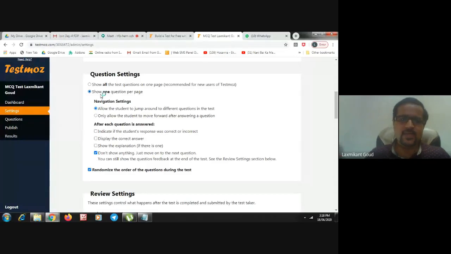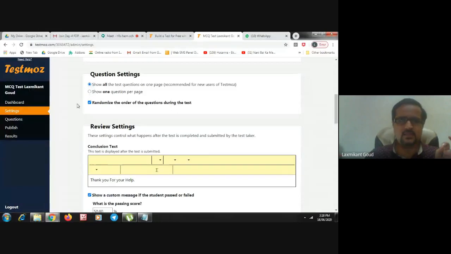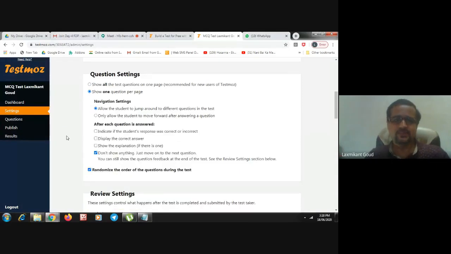So the difference between them: if you select the first option, students will see all the questions on 1 single page. If you want to show questions 1 by 1, then choose show 1 question per page.